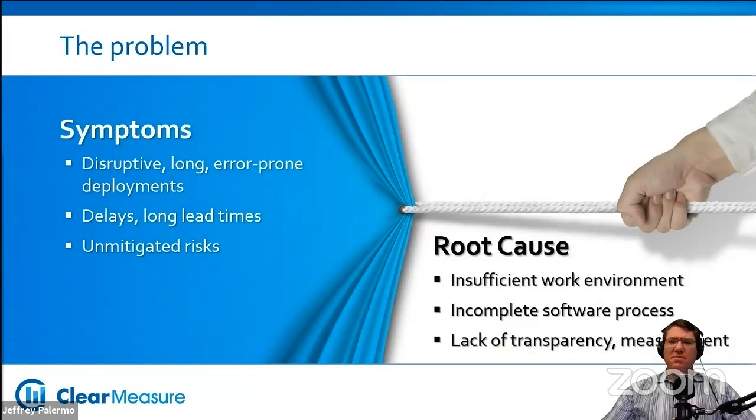You know, some of the symptoms that we're encountering are just that. They're symptoms. They're not actual root causes. And probably every one of you has encountered a disruptive or a long error-prone deployment or longer lead times than you would like, or maybe you just know in your gut you can sense a risk that isn't really being mitigated. You know that it's there, but you can't quantify it and you can't figure out how to identify and then mitigate it. But really the root causes of some of these can be more the bottom right, an insufficient work environment. And I'm going to dig into that a lot in this webinar today,